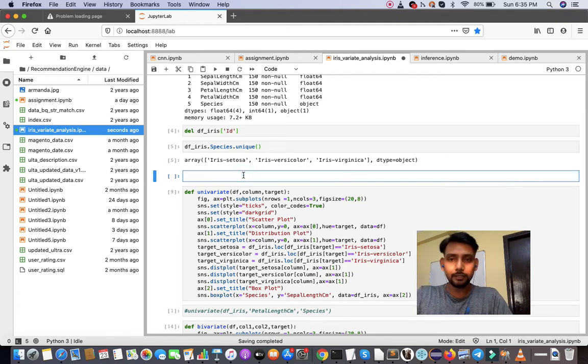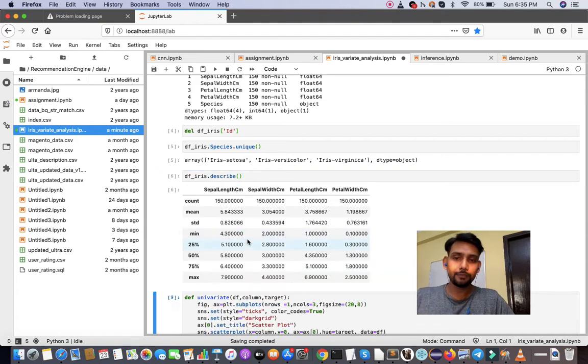So let's see the description: df_iris.describe. So the total count is 150. There are a total of 4 features: sepal length, sepal width, petal length and petal width. Count is 150 for every feature. Mean is 5.84 for sepal length, 3.05 for sepal width, 3.75 for petal length and 1.19 for petal width.